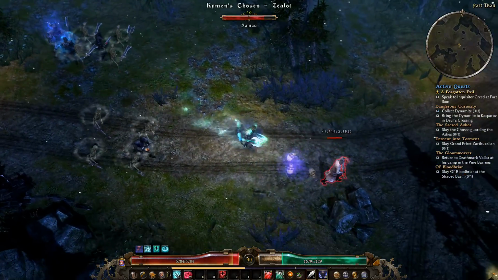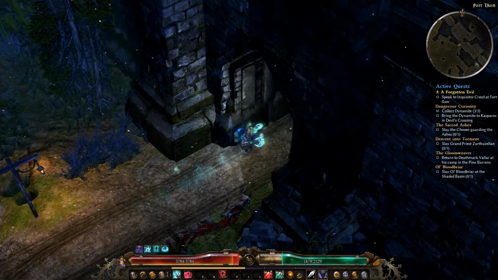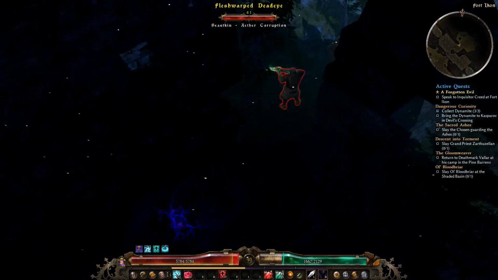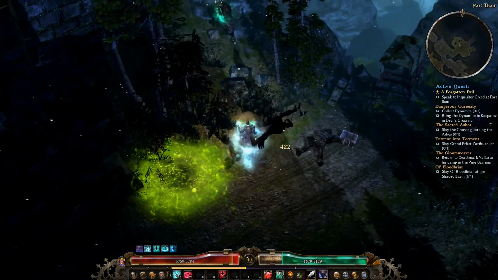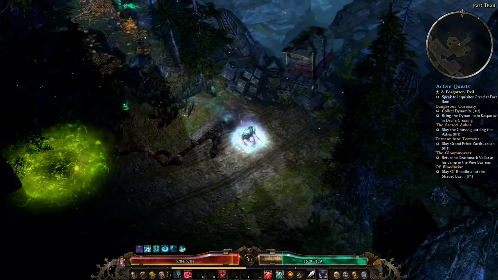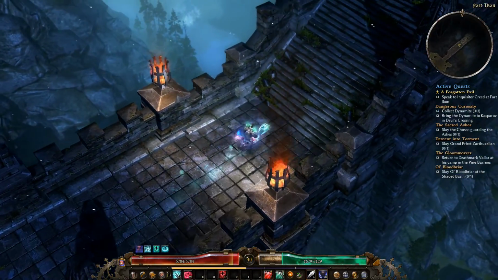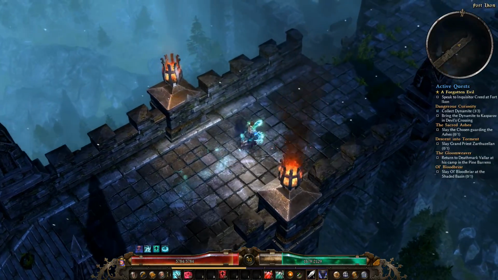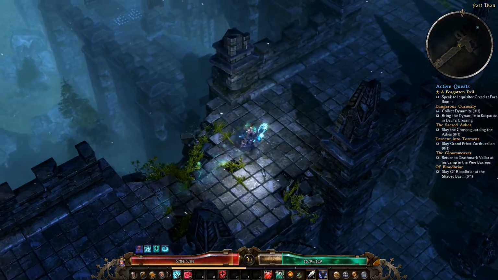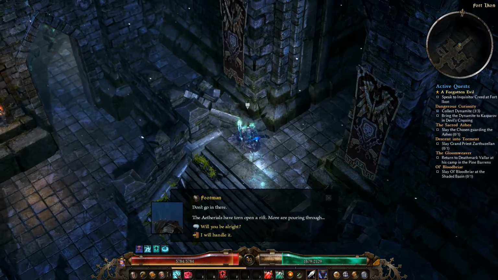Yep, there's all our skeleton buddies. We're gonna kill that guy with the crossbow. We're going to run through this big old tunnel and get this thing going. I still don't use my active abilities much, not because I don't want to, just because they don't really contribute a whole lot in the damage department. Once we hit 41, we'll have a couple points to put into...